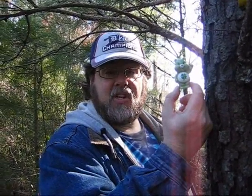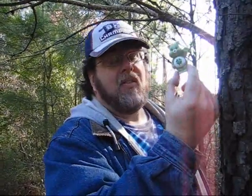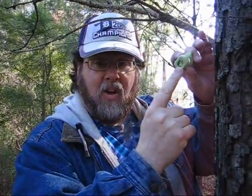Now this is an interesting cache. We are out in the middle of a bunch of pine trees. This is the cache itself. It's a micro. Inside this little character is the log. Okay, this is so cool. This was two caches in one. Not only did we find the cute little Care Bear in there,